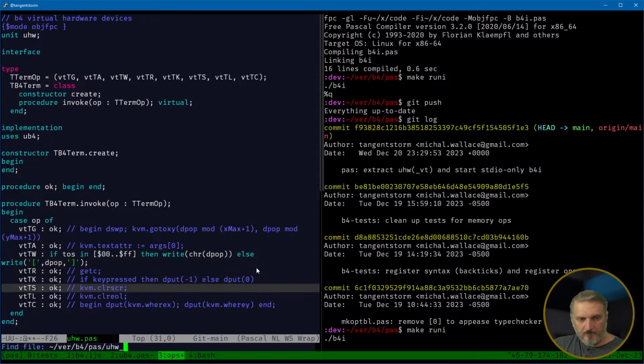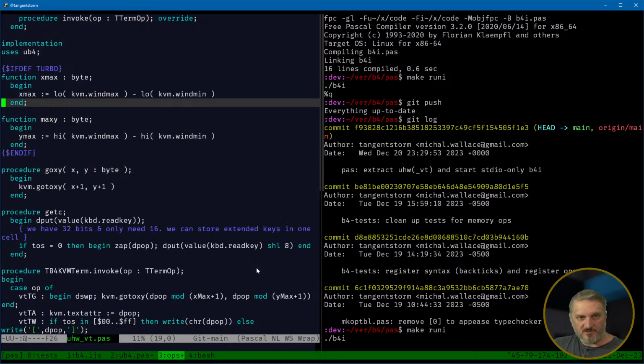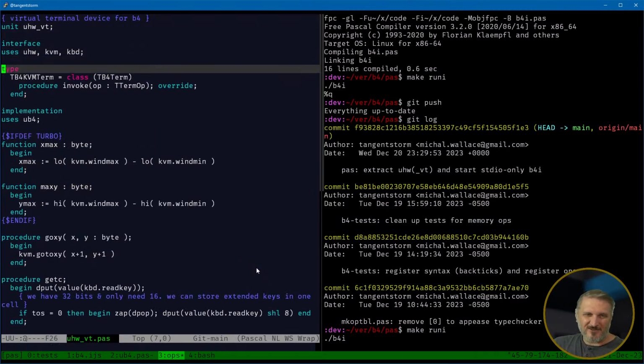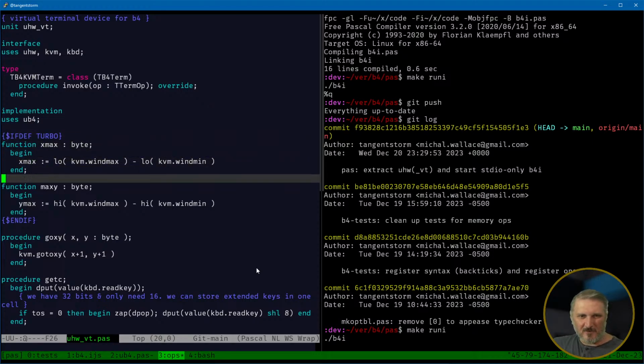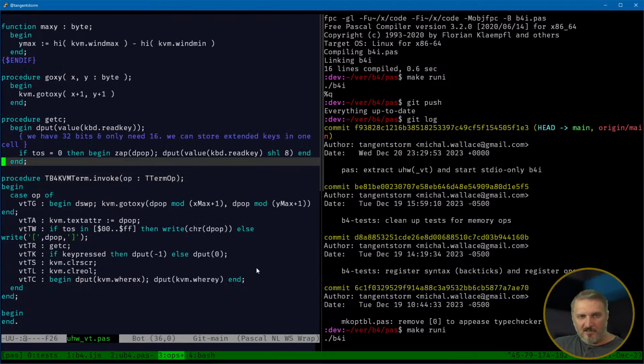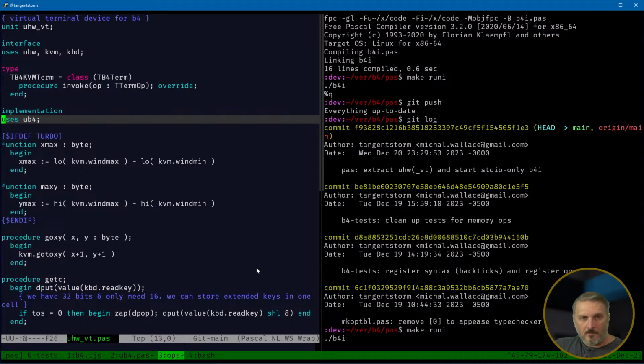And then there's a real version of the virtual terminal that does the full thing. It basically uncomments those. And I moved over anything that was, these are old functions that I needed for Turbo Pascal. Like I said, I originally wrote it in Turbo Pascal, and I was wrapping the ancient Turbo Pascal interface to the screen with my modern stuff. And in my modern stuff, I have this notion of Xmax and YMax,